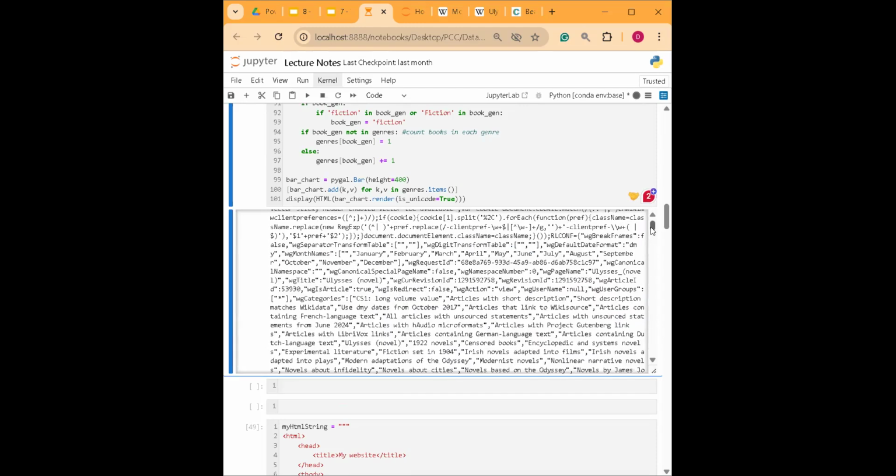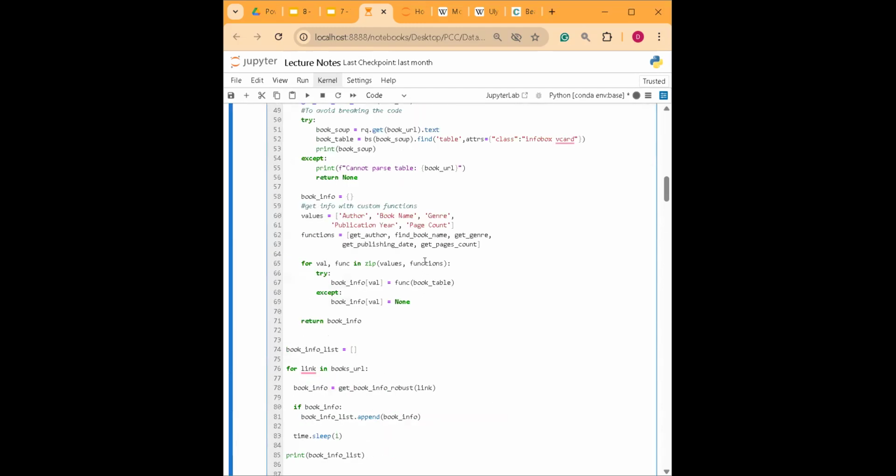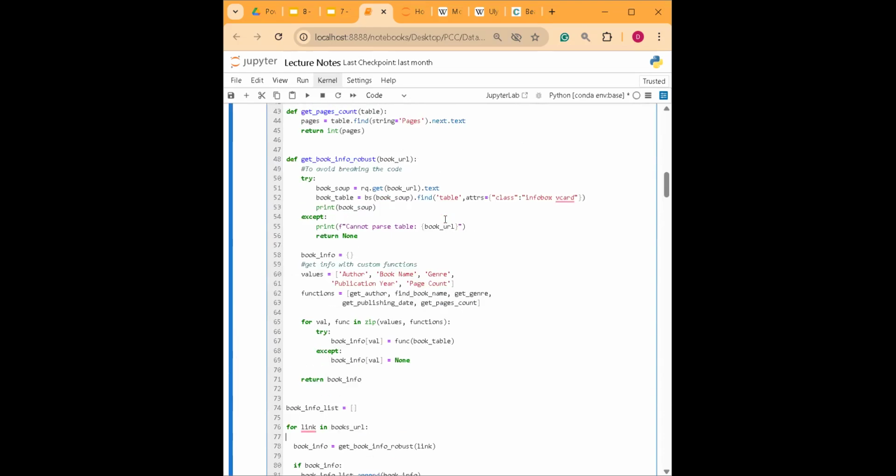Okay, so we know that book soup works. It's getting the correct HTML and text. However, if we are looking for it,